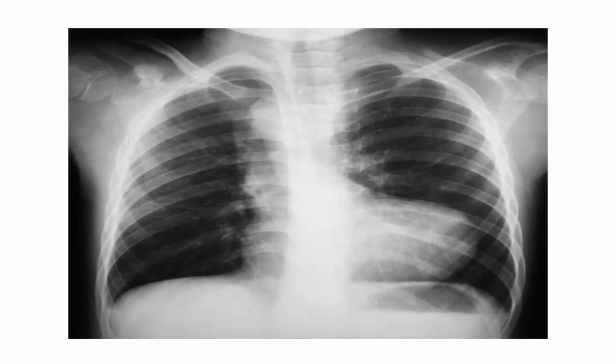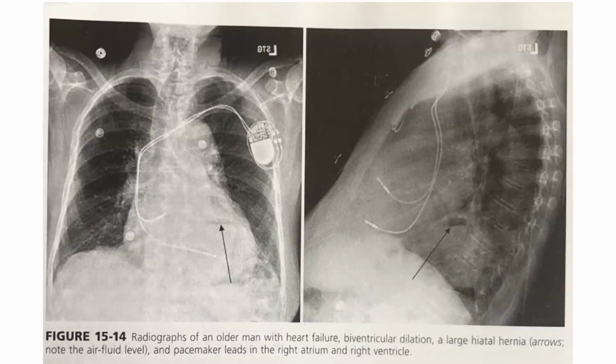This is an X-ray in a child showing the typical boot-shaped appearance of the heart in tetralogy of Fallot. We can note that the apex is upturned, forming an acute cardiophrenic angle suggestive of RV hypertrophy. Also, if we measure the mean pulmonary artery by drawing a tangent from the apex to the aortic knuckle, it is greater than 15 millimeters, typically seen in tetralogy of Fallot.